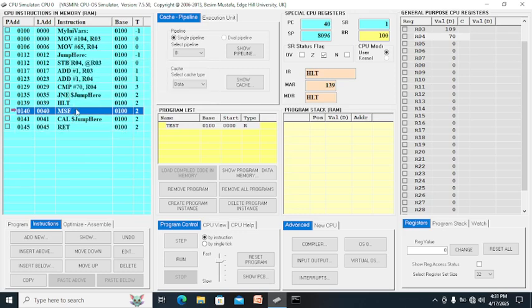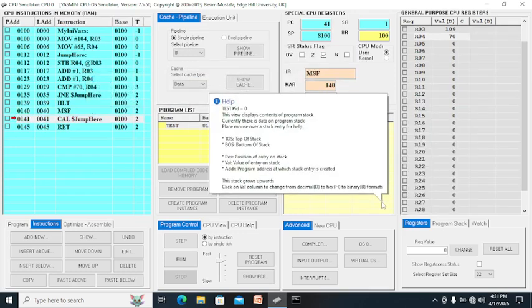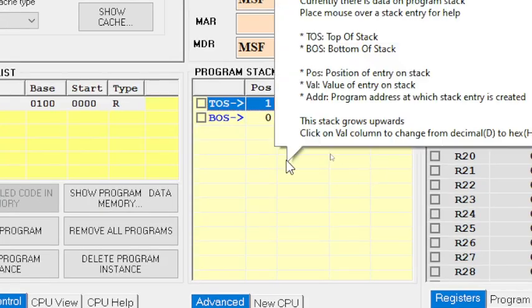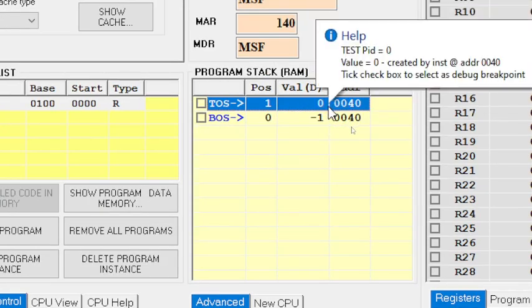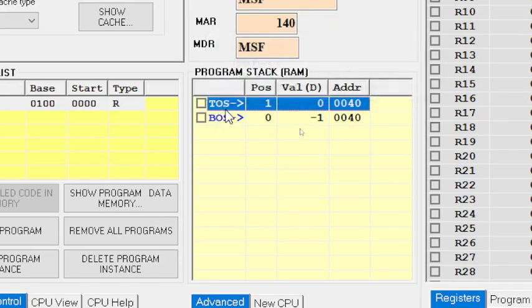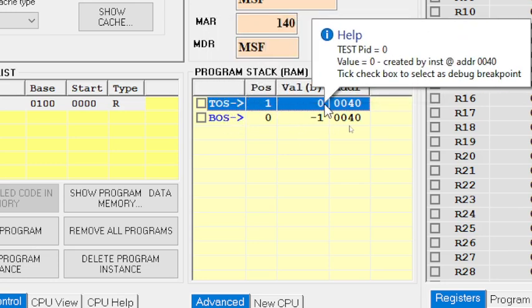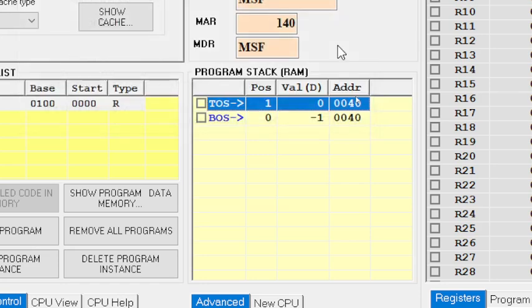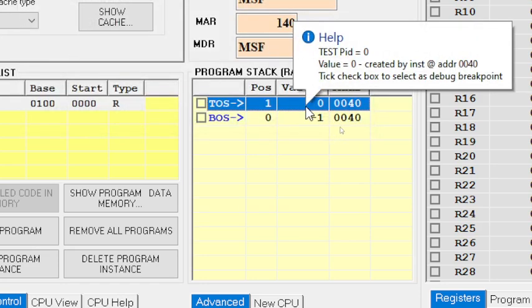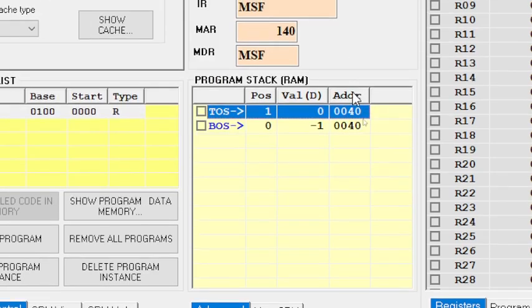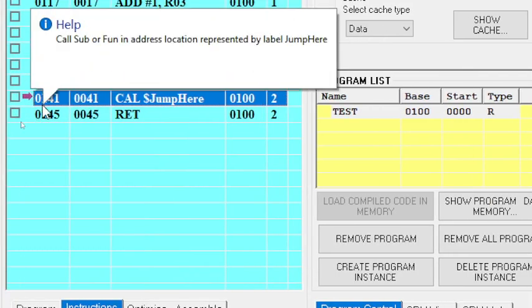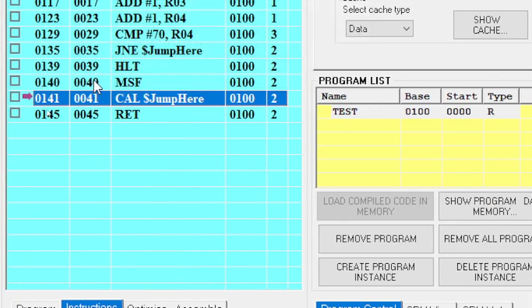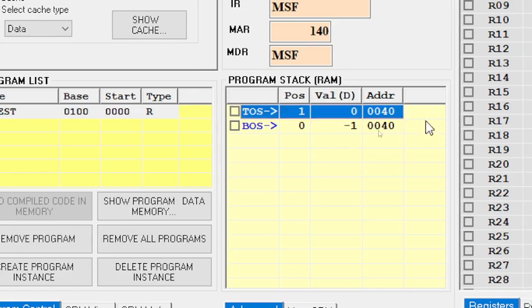Double click this MSF, and as you can see, there is 0, 1 here, -1, which is the bottom of the stack, and 1 and 0 is the top of the stack. Okay, so last in, first out. LIFO, it's like a plate in the restaurant. The plate on top is the one you will remove, and there's an address 40 here, so meaning MSF then 40. Okay, remember that.